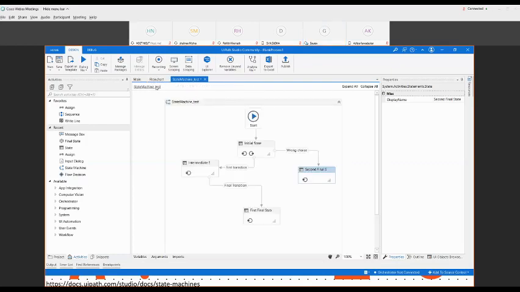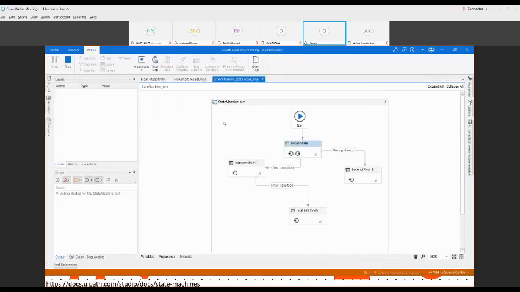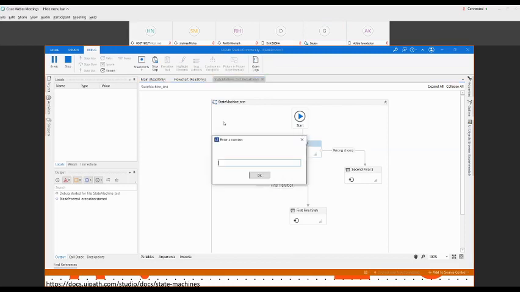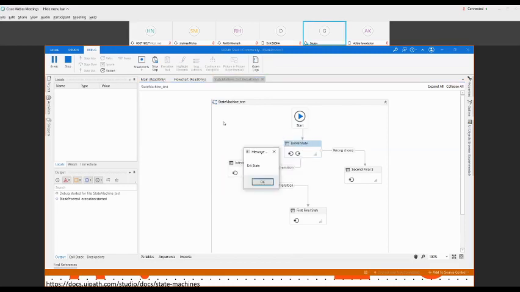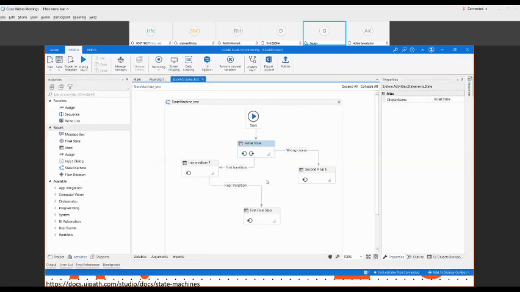I can execute this file now. Now you can see there are two possible transitions: the first transition, right, wrong transition, final transition. I'm giving the wrong output now, okay? So I'm giving 2, you go to the exit state. It is saying going back to the original state because we have already defined that in that one. But now it's going to the second final state because we have changed the transition from the initial state to the second final state. That's why it's going there and exit. So you will see here it is only executing this part, not this part.